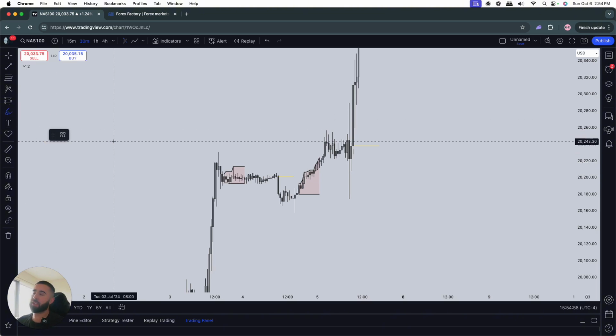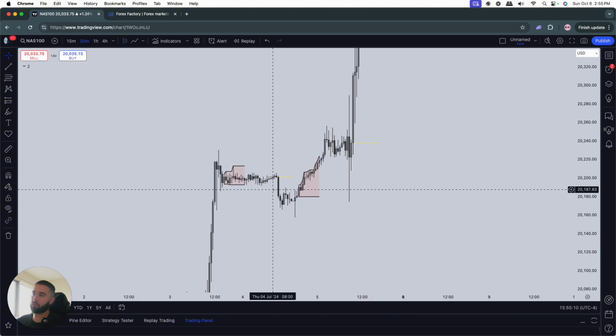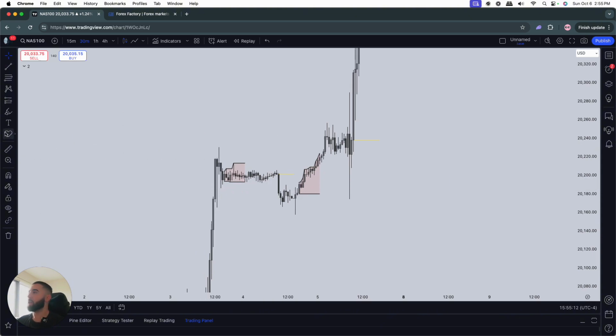Now, some of you guys may have heard of stop hunts. Some people call it liquidity raids. Some people will call it fake outs. You can use a lot of different terminology, but this is where we're going to start to dive into what exactly is liquidity. So just to make it very simple, because my goal with this series is not to give